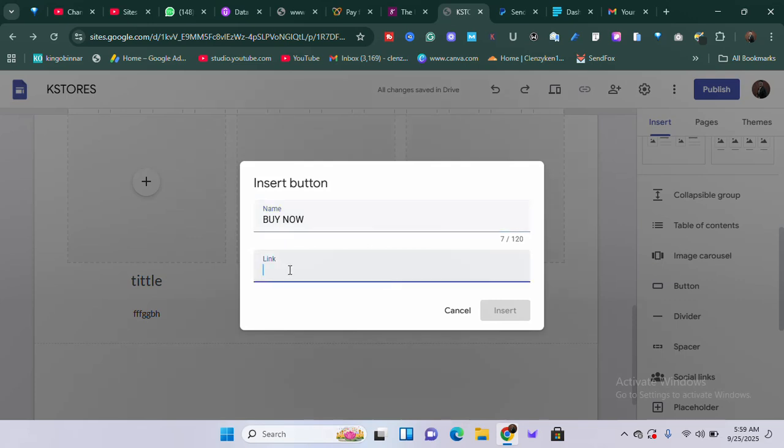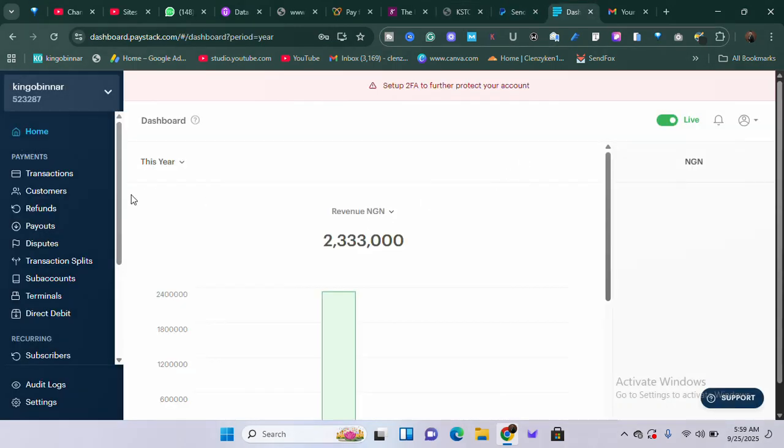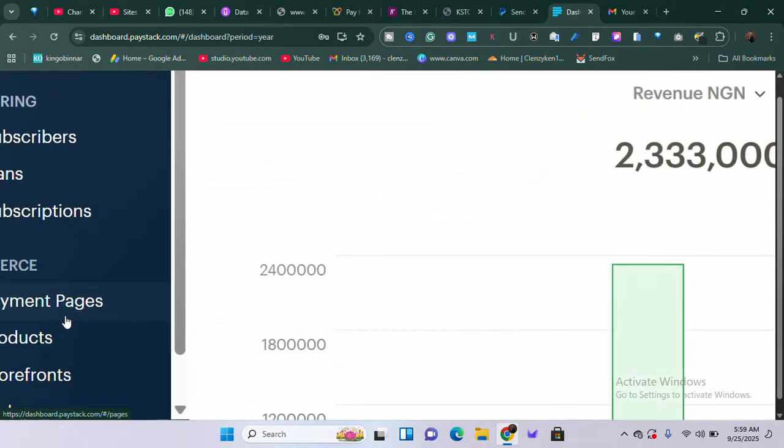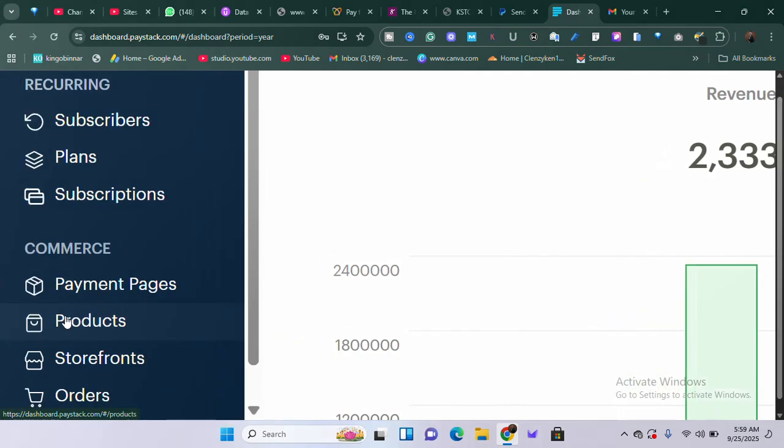This is exactly where Paystack, which is the platform we are using today, comes in. Now how do we do that? After you've signed up your Paystack account, like I've told you earlier on, you've verified, you've done everything, then you need to come over to this section and look for this method called, let me look for, a payment page. Look, this is it. We're going to look for this called payment page or payment pages. This is exactly what we want to work with. Once you click on it,